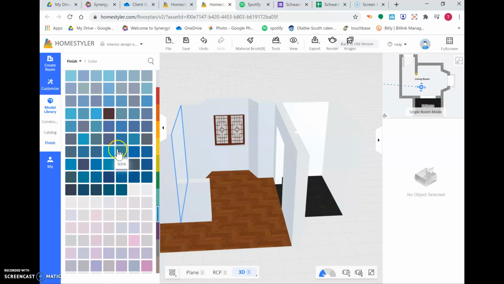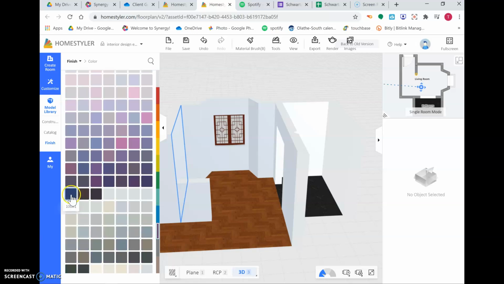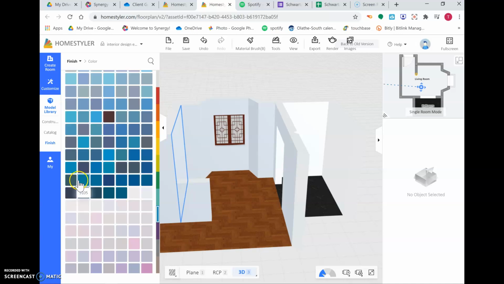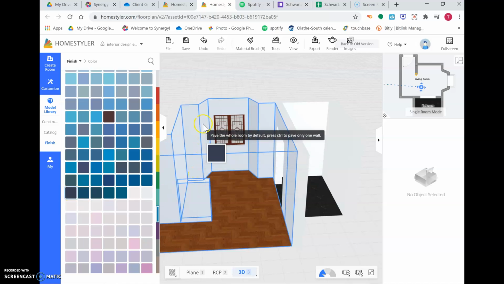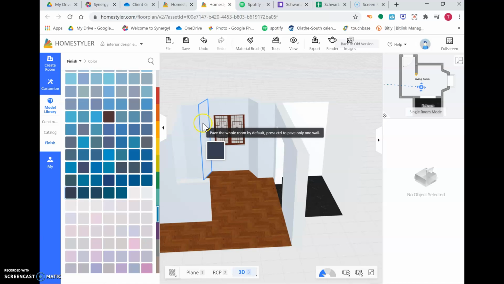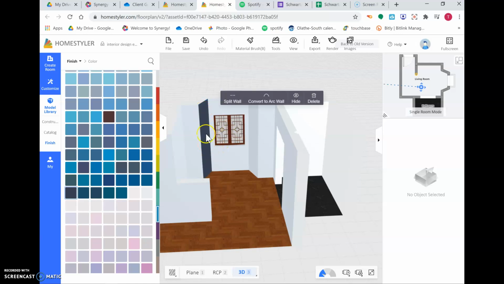So what I can do is I want a really dark blue. So maybe something like this, or maybe even darker, like that. So I'm going to click on that, and I could click and place this for every single wall, but I don't want to do that. So I'm going to hold Control on my keyboard and then click, and now the paint has only been placed on that wall specifically. Again, go back, click the color you'd like, hold Control,